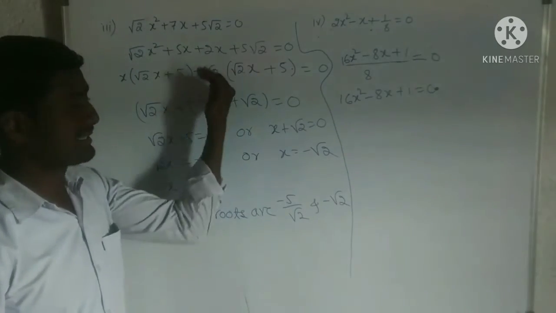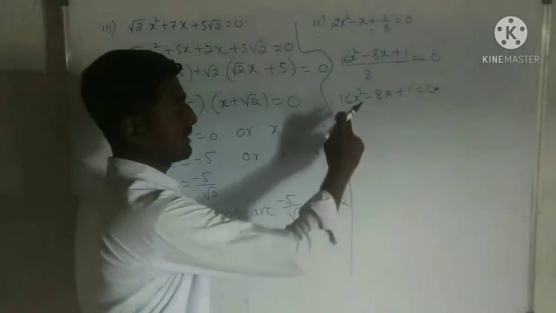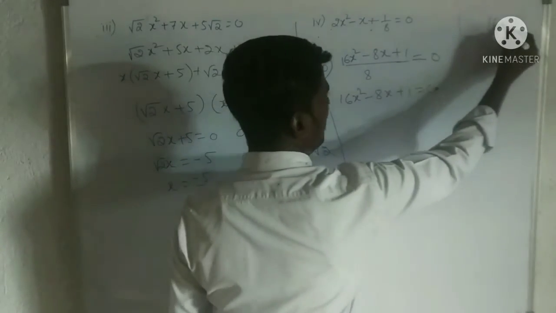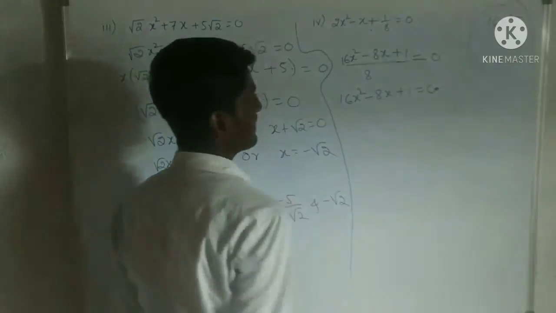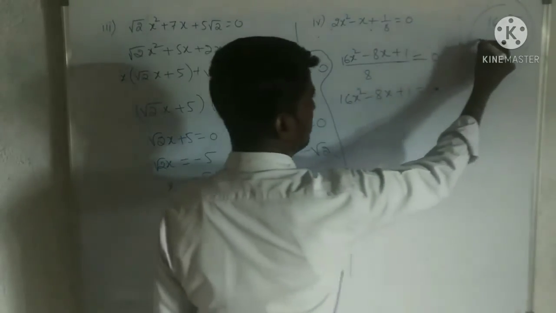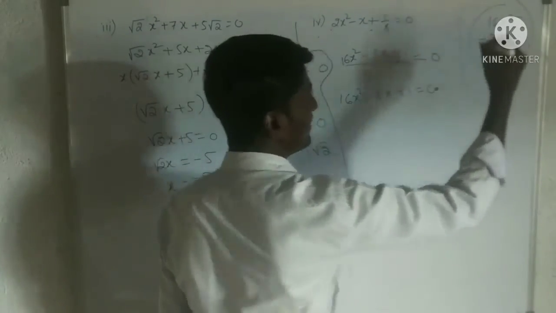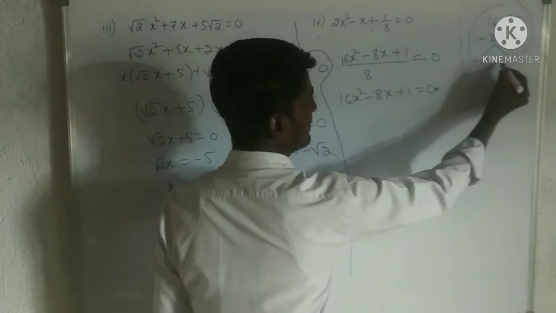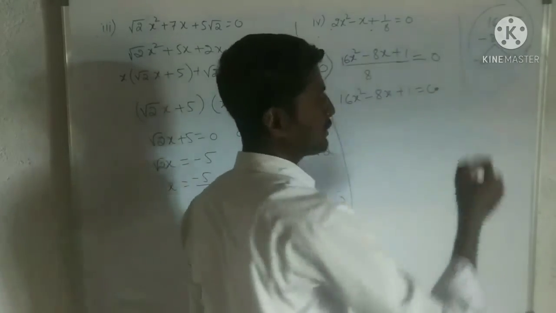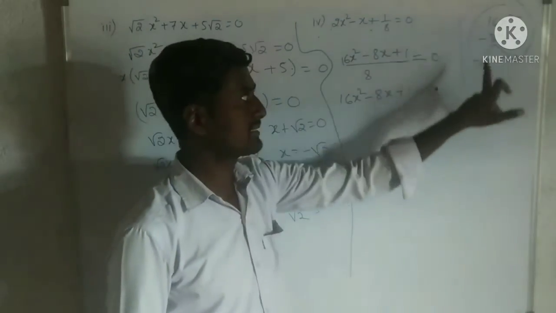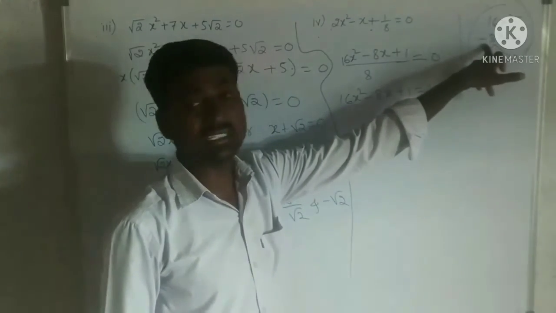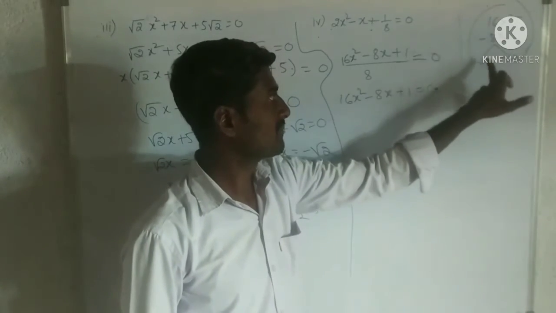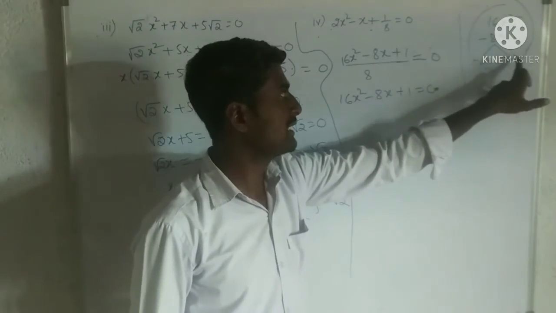Okay. Now same procedure. Multiply the first and third term. What is the multiplication? 16x square into 1. That is 16x square only. The next, minus 8x, the middle term. I have to split the middle term now. Minus 8x can be written as minus 4x minus 4x. You add these two, whether you will get minus 8x or not. See, minus 4x minus 4x, that is minus 8x. Multiply these two now. Minus into minus plus. 4 4s are 16. x into x, x square.